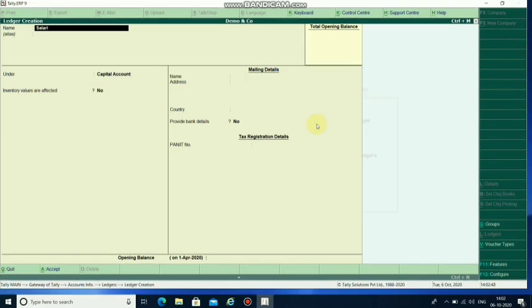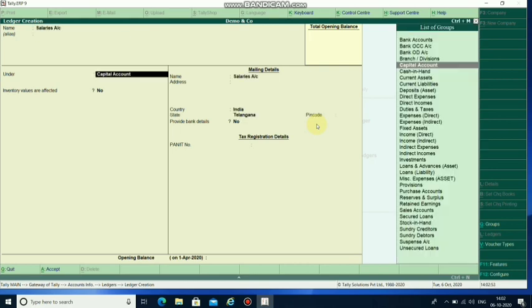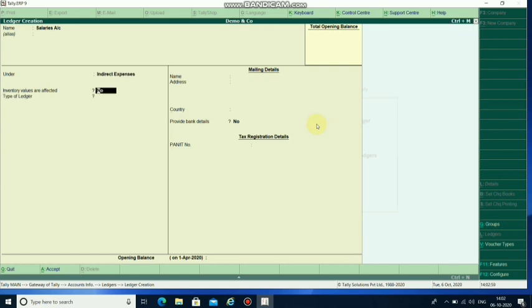Salaries comes under which group? Indirect expenses. Very simple.